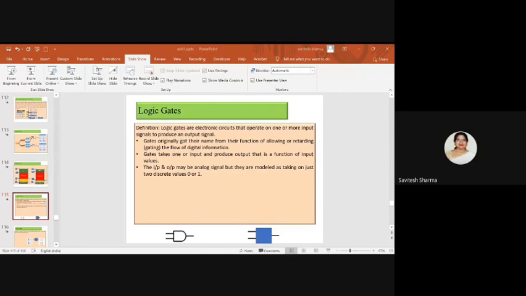One book I shared with you, and this PPT I will share with you, because in digital electronics the theoretical concepts are very few. Whatever terminology I am telling you, the theoretical questions I am writing in the PPT, so you can understand and write in your own words. In digital electronics you should understand the methods. The basic things I am writing in the PPT, so don't worry, it is sufficient.